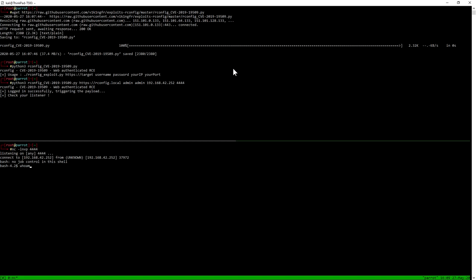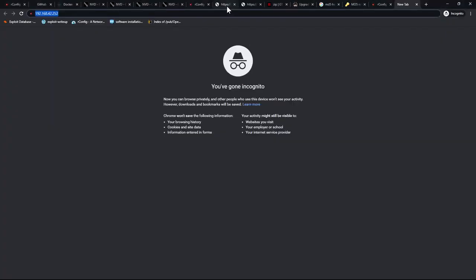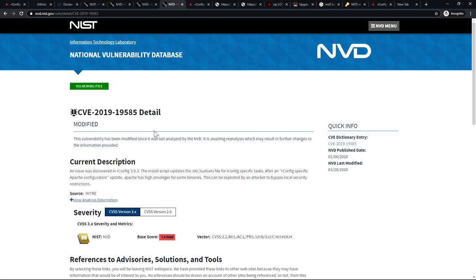Let me confirm that. I'm user Apache, and the hostname is the CVE ID of what we are exploiting. After that, our final approach is to escalate the initial user access to root. For that, if we go back and see the particular vulnerability, it states that the user Apache is poorly configured in the sudoers file so that it can execute many binaries.